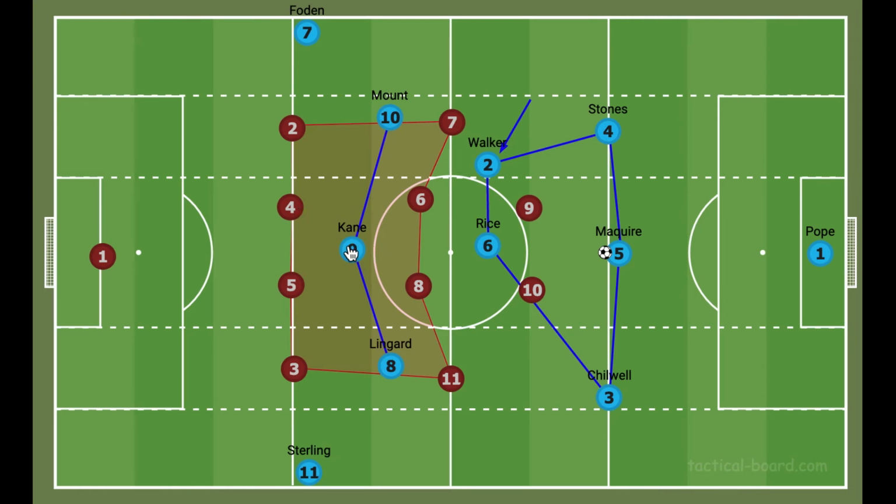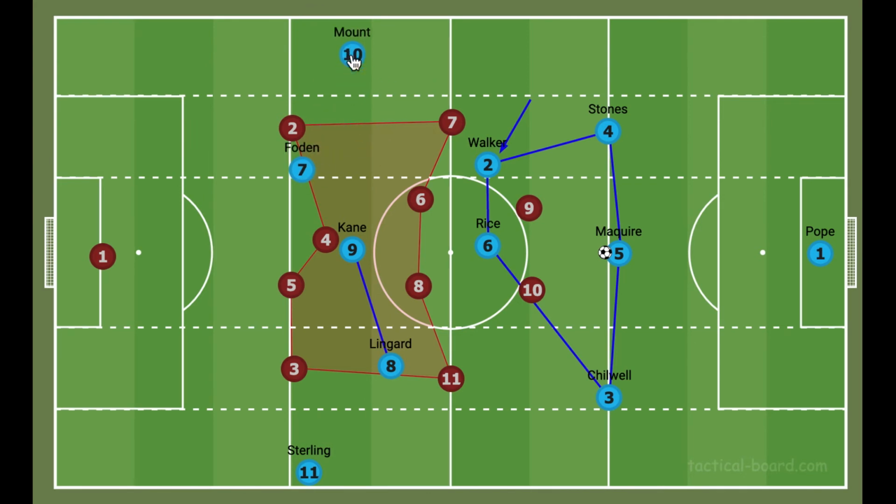Importantly, Kane playing deeper than a typical number 9 would, especially for England, trying to force a defender to jump, because if a defender were to jump, we can see what it would do to the space really quickly. The space would then be in behind, and it causes a break in the defense, allowing for Mason Mount to then make an inverted run, or Phil Foden, and then Mount to occupy the wide area. And it's really important that the qualities of players like Mason Mount and Phil Foden, they can play in each other's role, because with the game